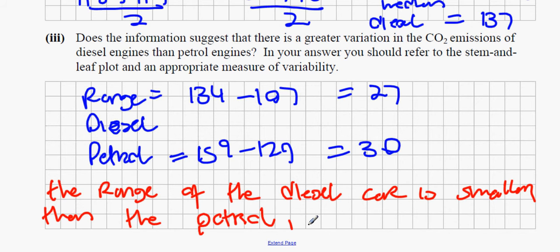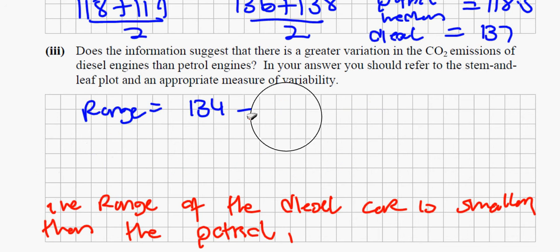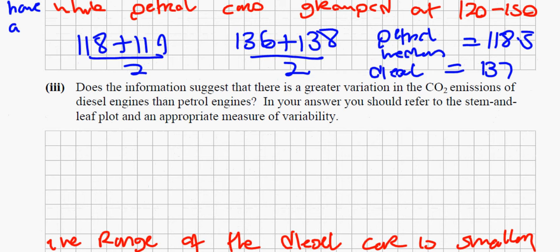Okay, so does the information suggest the greater variation of CO2? No, it doesn't. So the answer is no, because the range of the diesel car is smaller than that of the petrol. Now, what you could also do is get the interquartile range. We could argue that point first, and if you wanted to, instead of using range, you could use the interquartile range. So for Q1, it's 12 divided by 4,